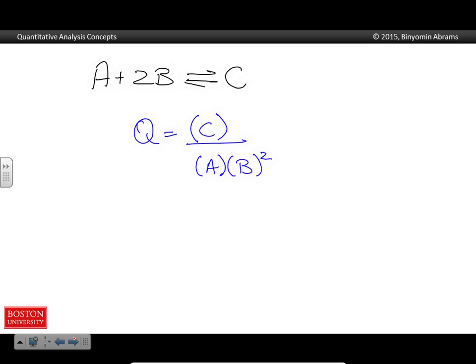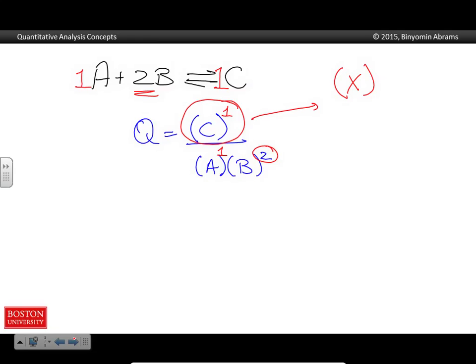Now I want to point out a couple of things. First and foremost, this squared is because of the coefficient. So A and C both have one stoichiometric coefficient, so the powers for those activities for A and C are 1. The second thing that I want to point out is